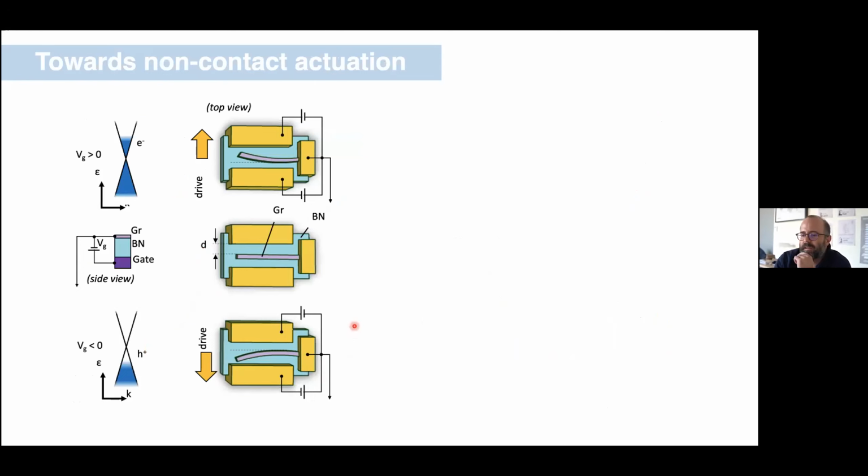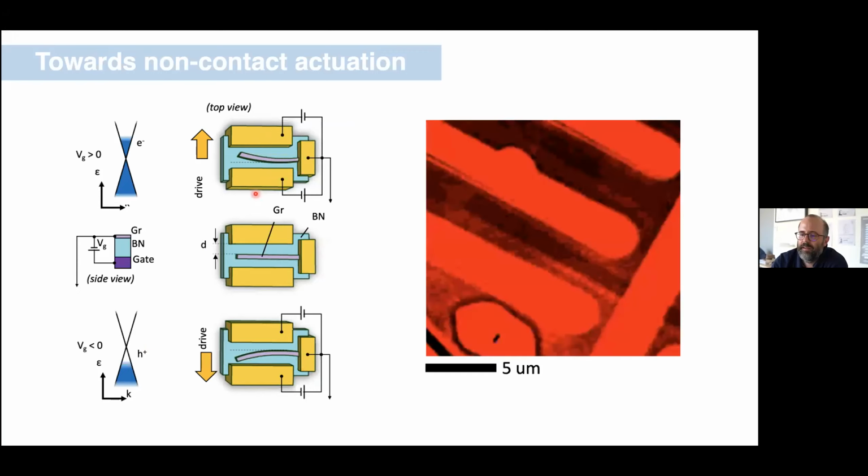Okay, last thing I want to say, this is all fantastic, but perhaps a little bit clunky. To get this noodle to bend or to get this thing to rotate, we have to come in with an AFM tip and mechanically push it around. It's a rather tough process to go through. Eventually, we had the thought that we might be able to actuate this in some kind of non-contact way. Can we do it electrostatically? There's a very simple experiment here, which is take one of these beams and put it into the middle of a capacitor and charge the beams. Now I can put charge on this by gating, and I can apply a potential across the capacitor. And I can ask, does this charged beam deflect in the presence of this potential?